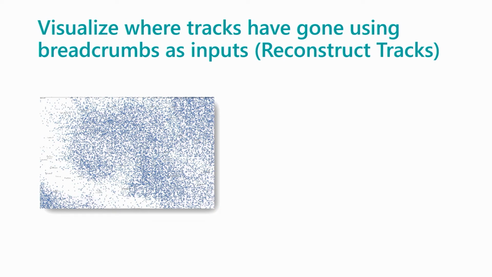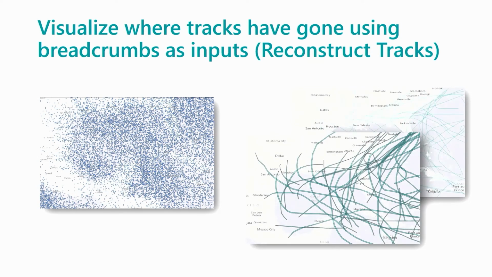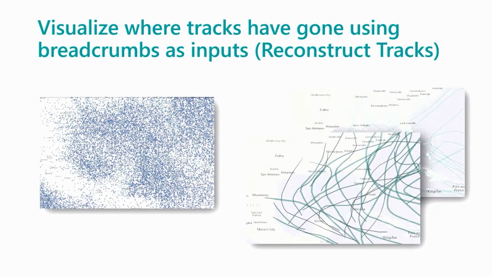And with using Reconstruct Tracks, because each one has a track identifier, so maybe the hurricane name as well as a location and a time, we're able to reconstruct the tracks to see where they've been traveling. So here I see those tracks with lines. You can also optionally buffer them by some attribute, which can look interesting. I think here we've buffered it by wind speed, so we're able to see how the hurricane's changing over time